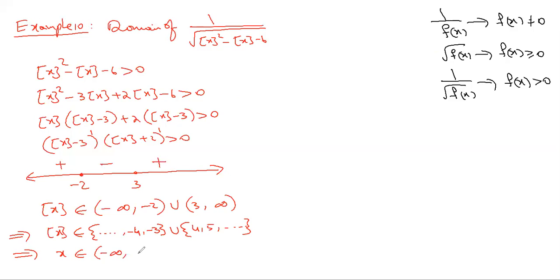Now we know how to convert this integers thing into x belongs to. Minus infinity for sure. And now tell me, ending with -3, interval. So what should we write? So it'll be -2 open interval. Very good. Union. Beginning with 4, then how will it start? Closed interval 4 to infinity. Very good. That's it. We're done. So any other similar problem given, you will be able to do now.